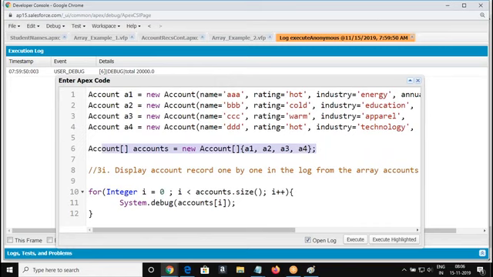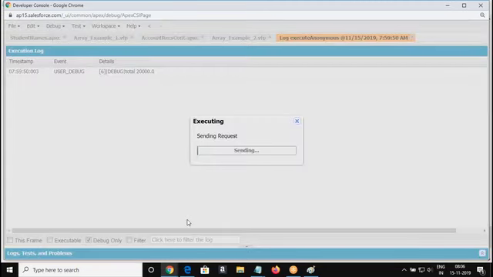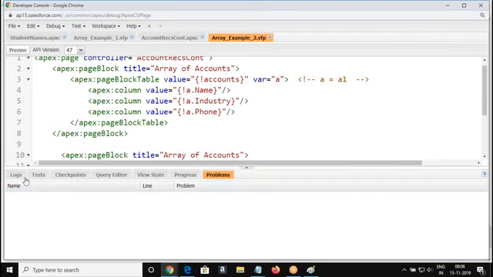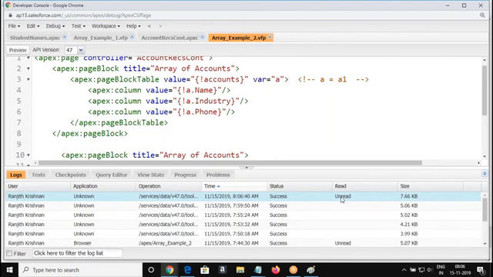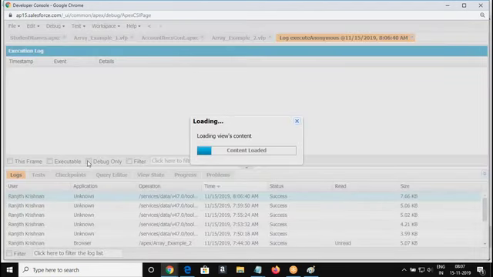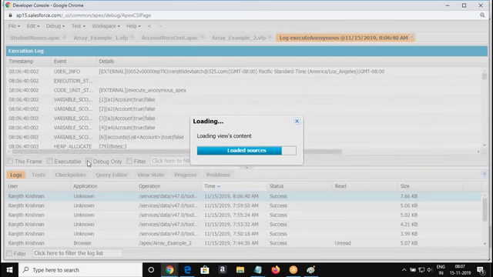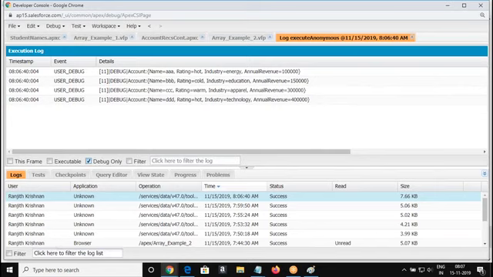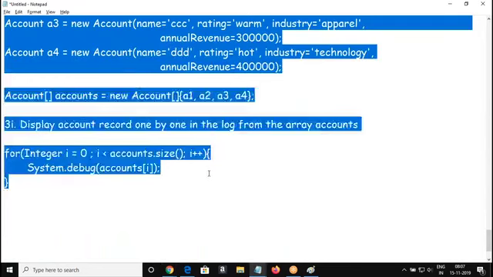We initialize the data with the array and we iterate the array and display an account record in every loop. So got the account record here.